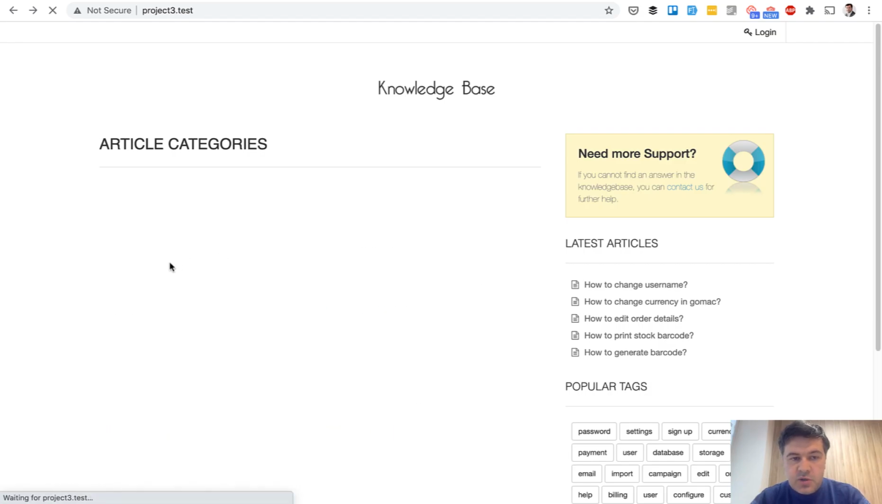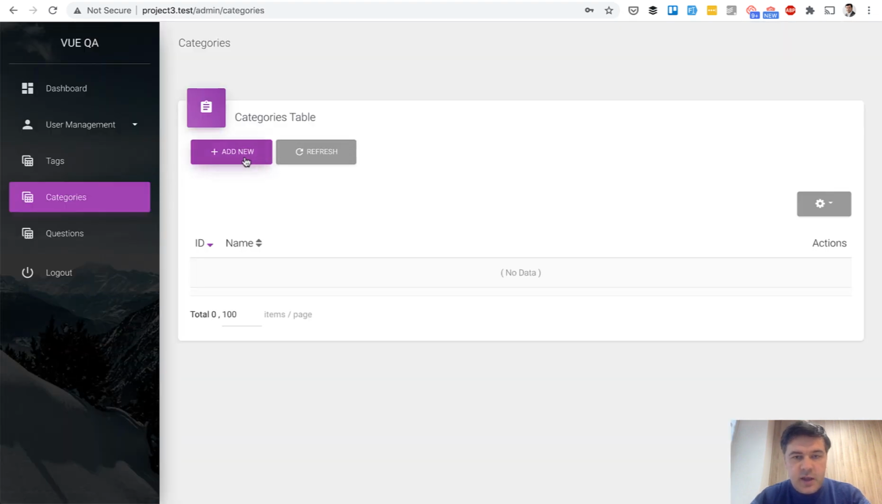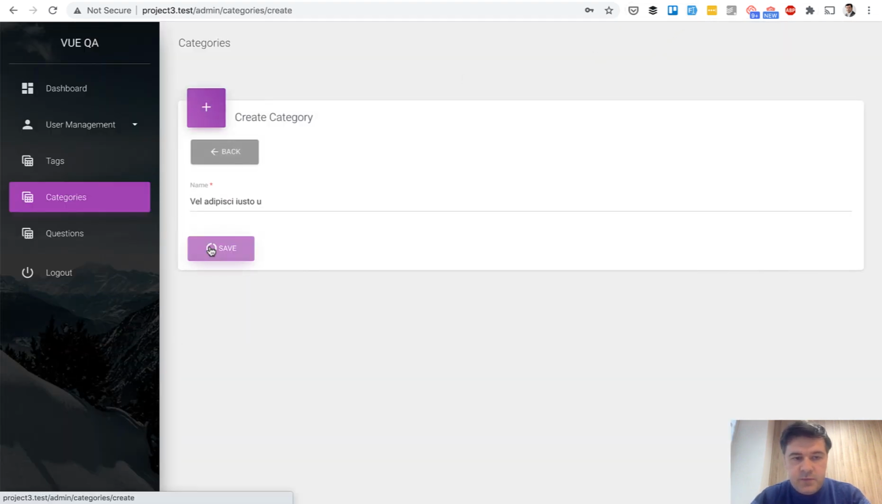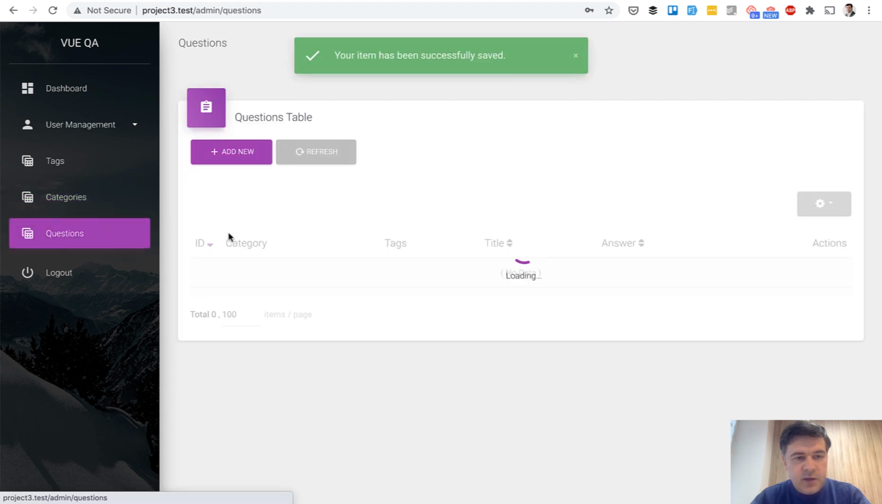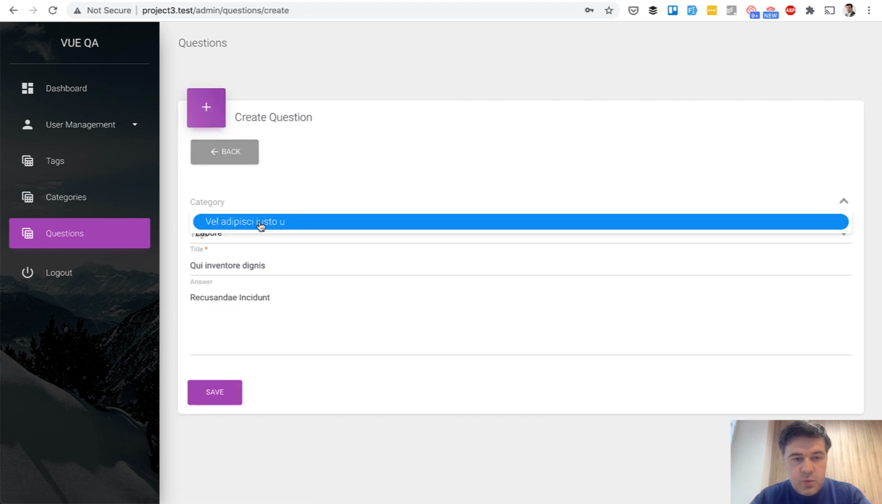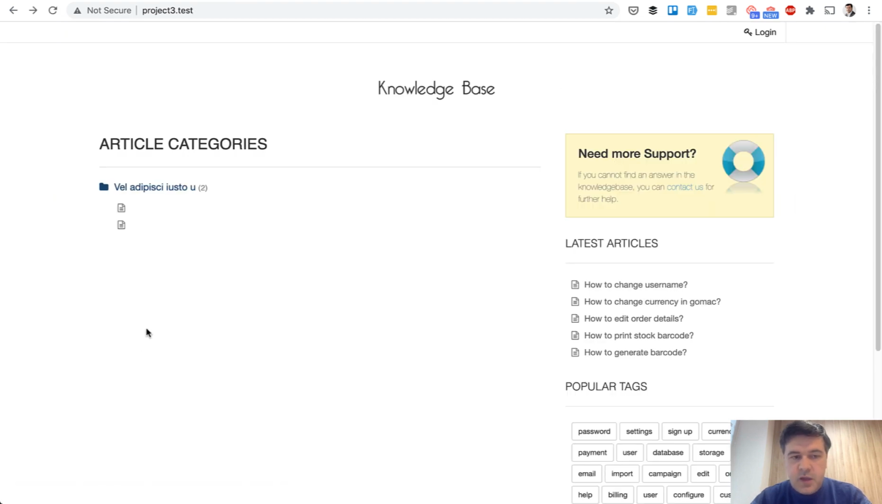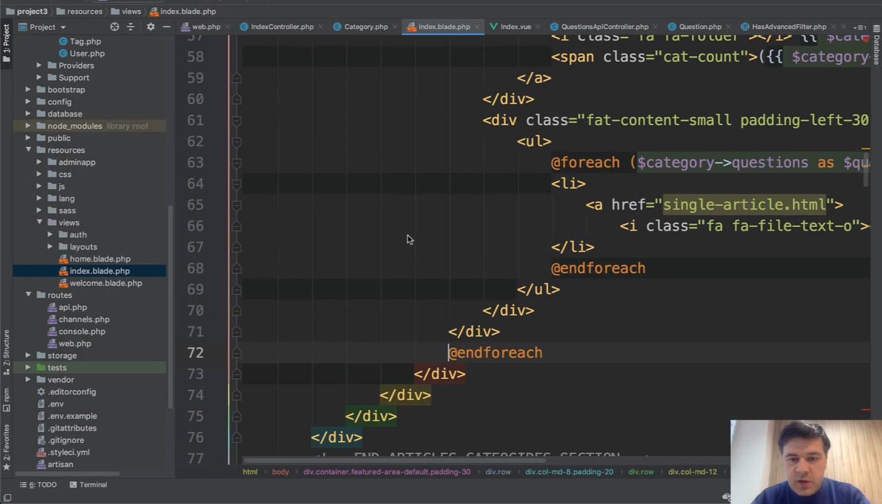So our home page, no categories and no articles. And let's try to create one. So we log in with a new tab, admin.com password. And let's try to add a category with fake filler, some kind of category, and then question, add a new question, choose a category that I've just created, another one with the same category, we save, and we refresh our home page. And as you can see, there is a category, but there's no question, and probably I've